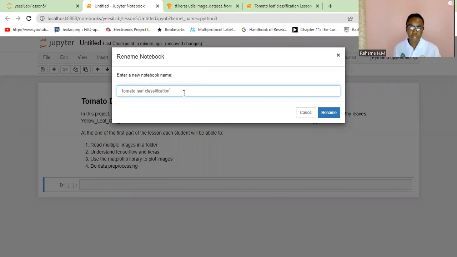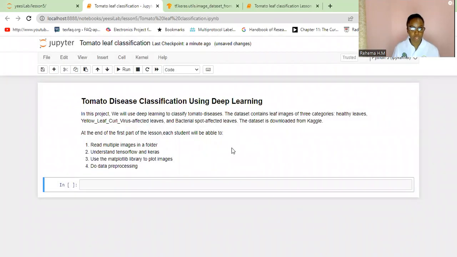This Jupyter Notebook is within the same folder where we have the dataset. So the first thing we're going to do, like we normally do, is import the